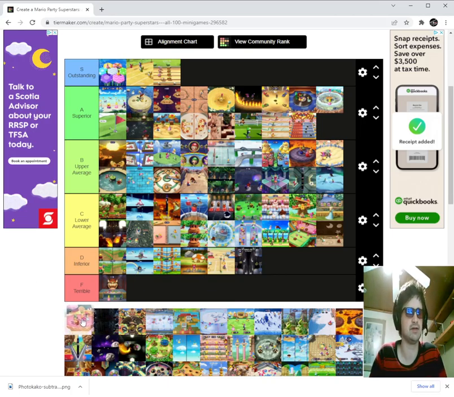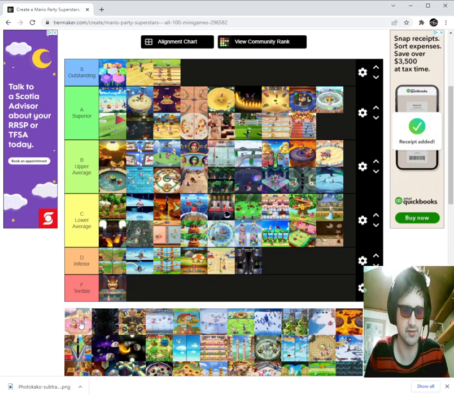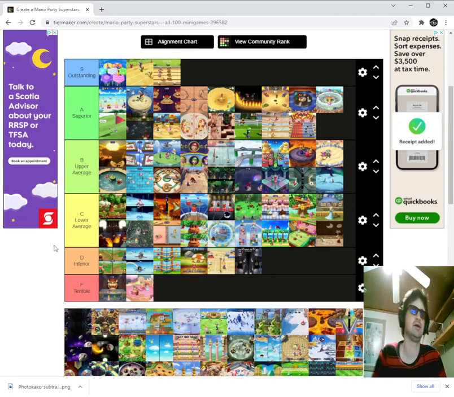This one, oh boy, what is this one even called? It's from one of the newer Mario Parties. I need to know what this one's called because I don't like this one. Coney Island. There we go. Coney Island, F tier. I think this game is horrible because